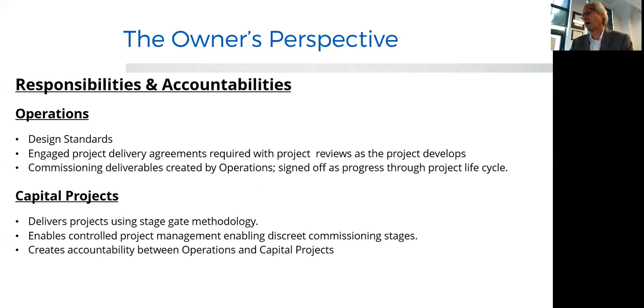You can view them. Everything that I speak to is there. We have engaged project delivery agreements that are required with project reviews as the project develops. We, from operations, have a lot of control of the commissioning. It's not unusual for us to take the commissioning agent and sit down with them and understand where they are outside of the capital project, so that we know, because we actually have all the projects on the site delivered to us on an annual basis, and we run over $2 million worth of projects on site, so the flow